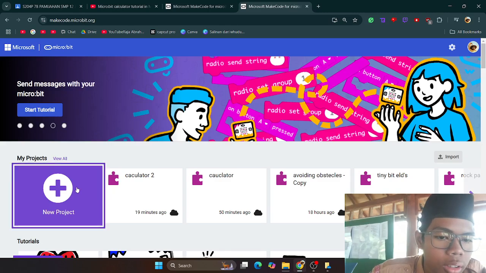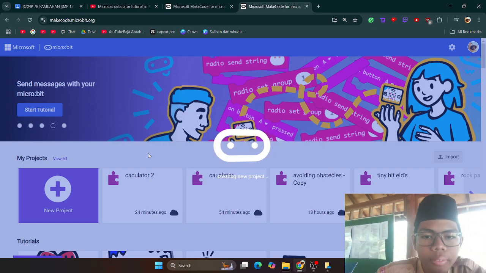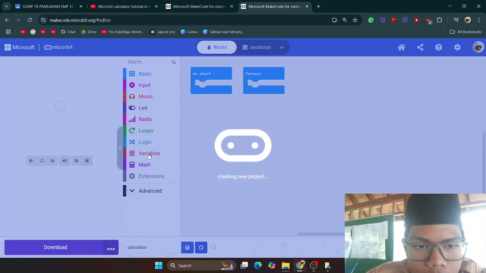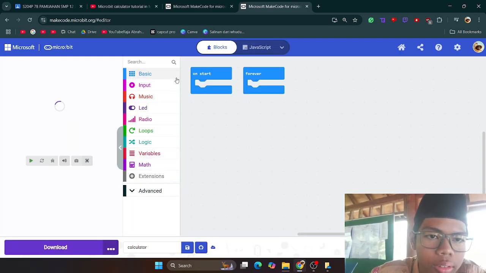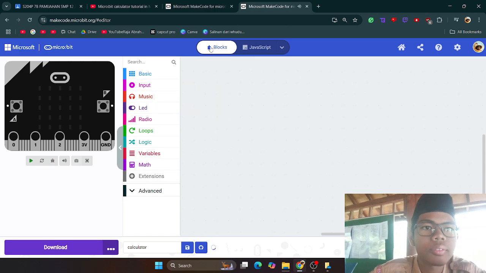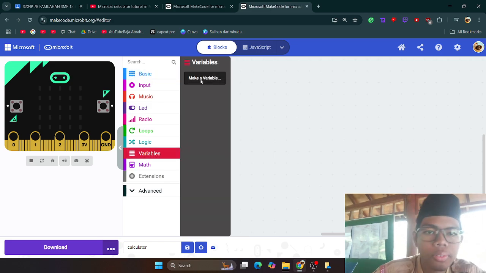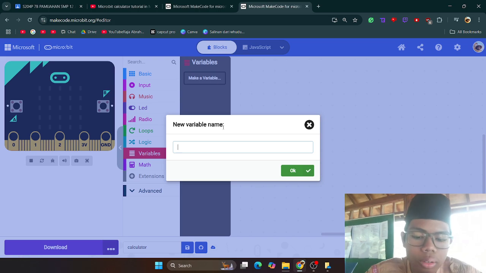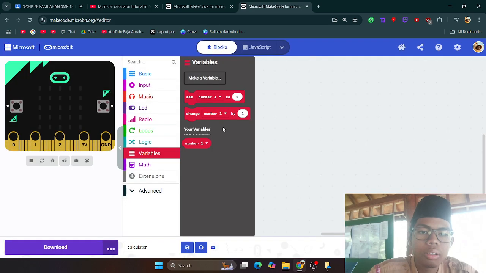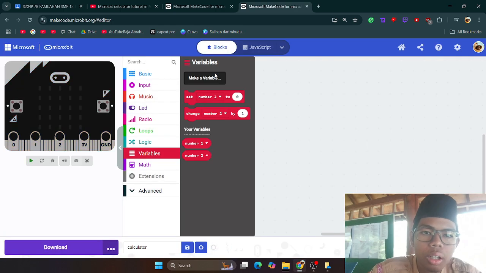So first, we're going to be creating a new project, call it calculator. And after that, we're going to be continuing. First, we're just going to be deleting these two. Then, the very first step that we're going to be doing is getting our variables. So first, we're going to be getting the variable number 1, then getting another variable named number 2, and